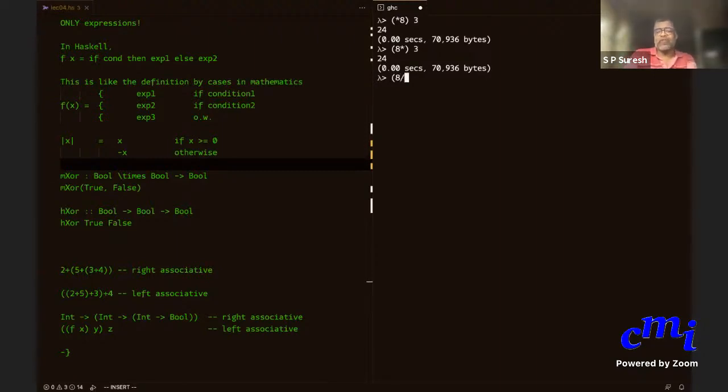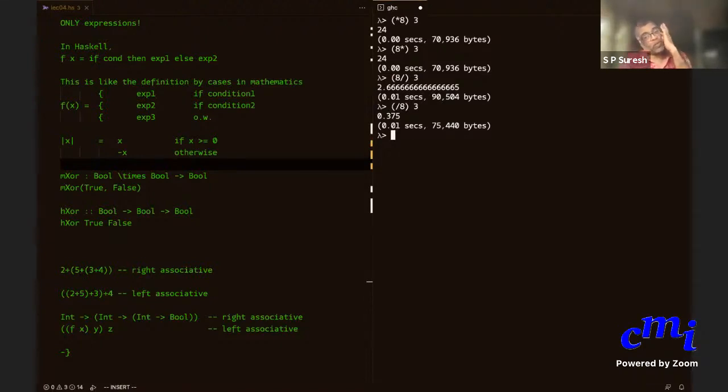If I say 8 div and say 3, I'm fixing the first argument and I'm dividing 8 by 3, so I should get 2.665. But I can also fix 8 as the second argument. And if I say 3, 3 will now be considered as the first argument. So now what should you get? 3 by 8 is what? 0.375. Yeah, so this is what you get.